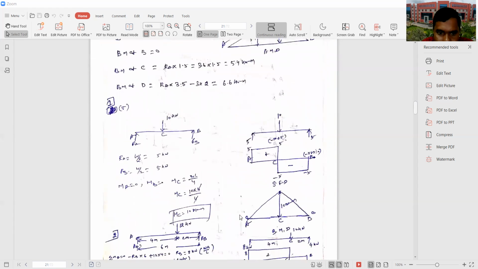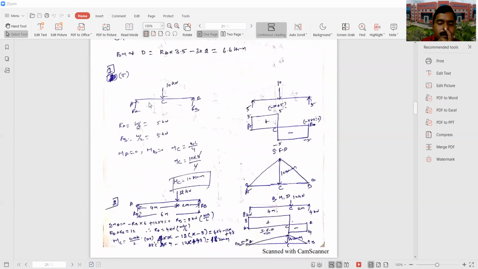Okay. Now you can see this problem is a symmetrical beam, subjected to central point load. So you know the reaction is equally distributed, W by 2, W by 2. So RA is W by 2, so 10 by 2, 5 kilonewton. RD is W by 2, 10 by 2, 5 kilonewton. Therefore, the moment at C at center is WL by 4, we already derived, for central point load the maximum bending moment at center is WL by 4. So W is 10, L is length 4 divided by 4, 4 gets cancelled, 10. So moment at C is 10 kilonewton meter.